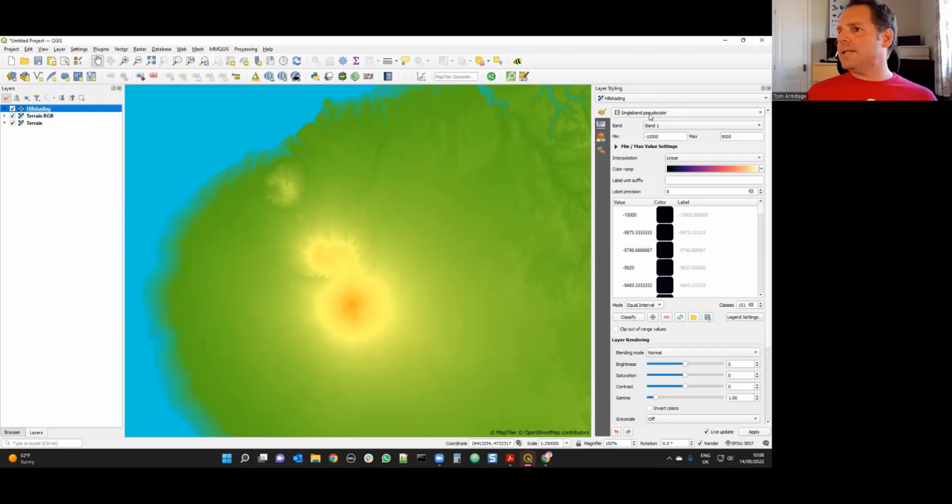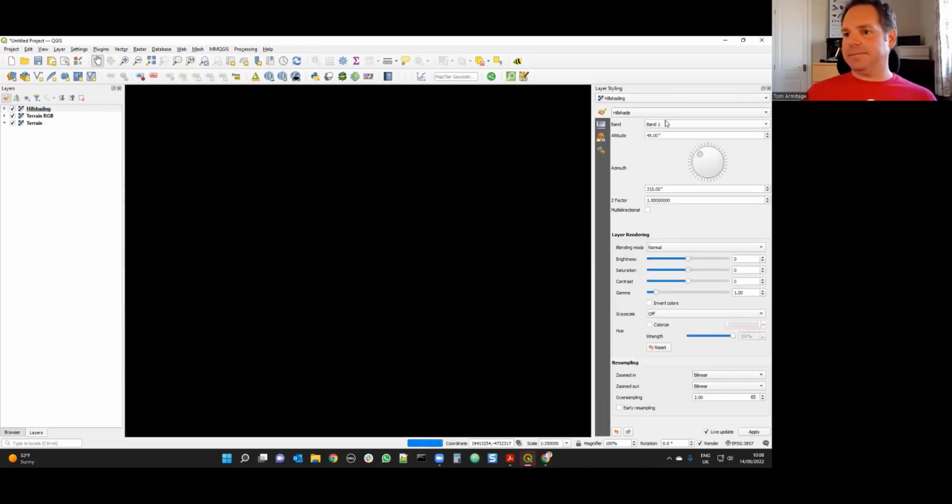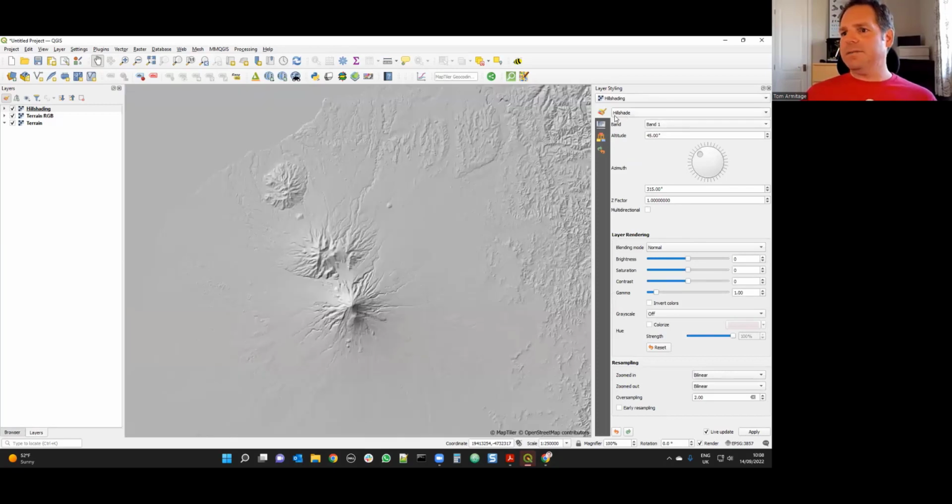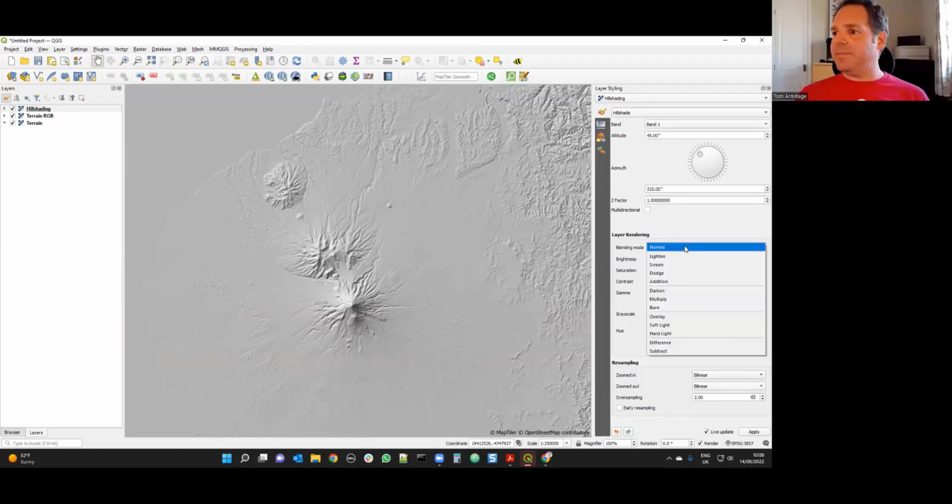And where it says single band pseudo color on the top right there, we're going to change that to hillshade. So this is QGIS just in default mode, creating its own hillshade from that terrain layer, and you can see it's pretty good from the get-go. Over on the right hand side, we're going to change our layer blending mode to